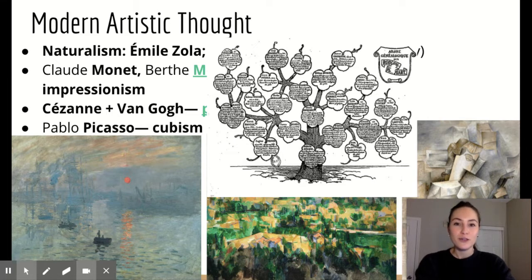So when Emile Zola is creating this 20-book series, he has this super detailed family tree where he has clear understandings of how the characters are related to each other and who's born when. And this showed a real level of commitment to detail, that he is trying to be as realistic in a lot of ways as possible.